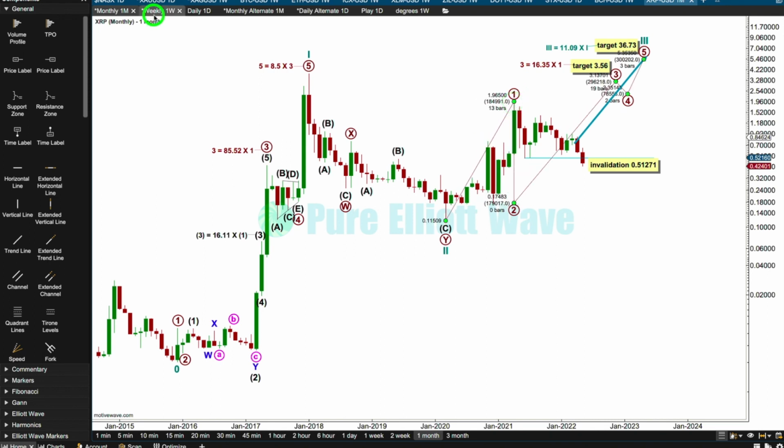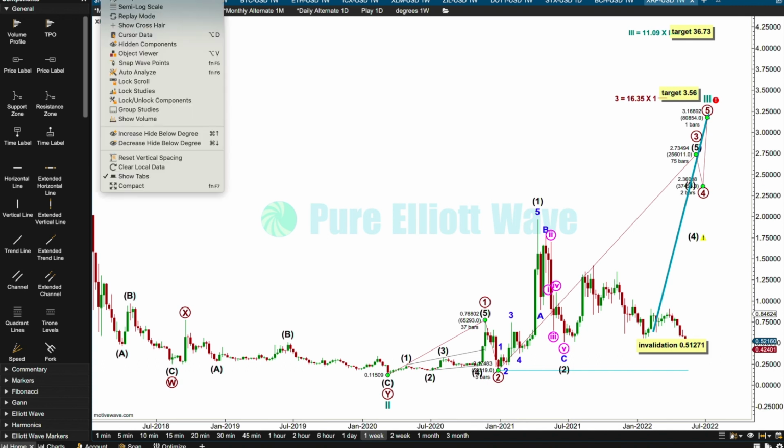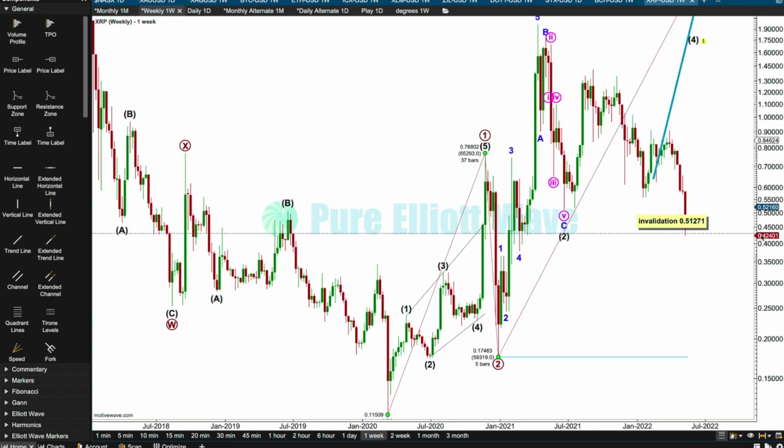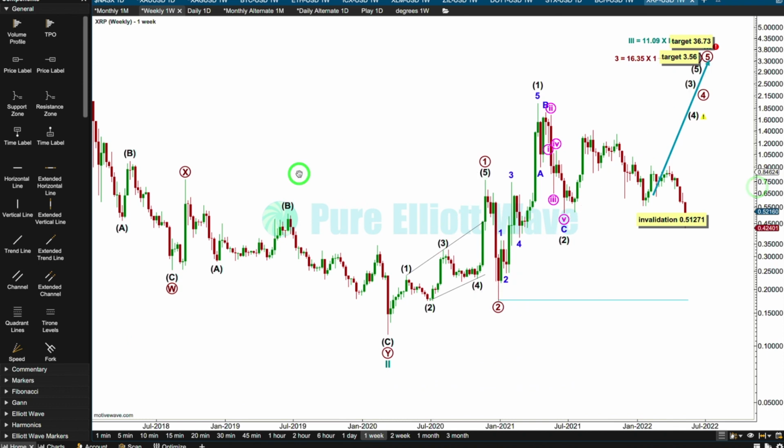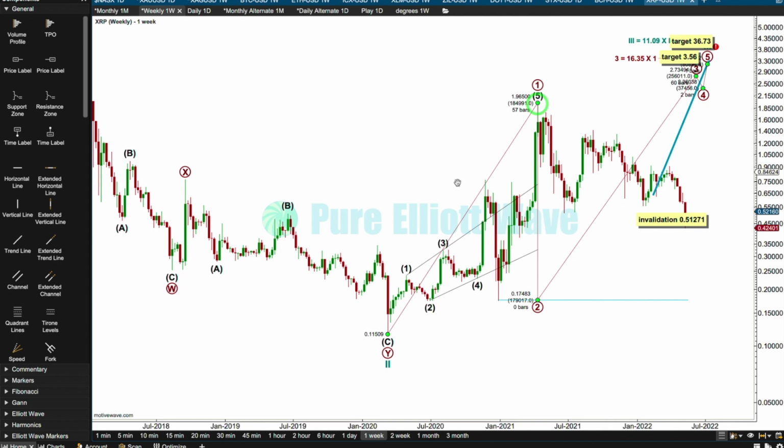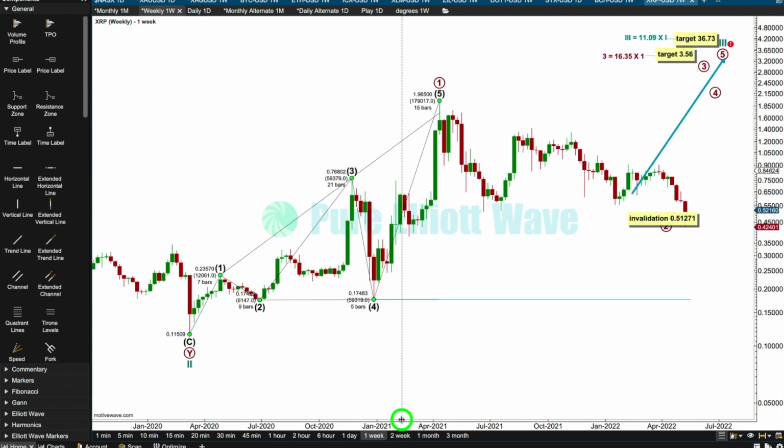What's the problem with that at the weekly chart level? Again, we have to view this on a semi-log scale. Oh, okay, possibly no problem actually. Okay, if primary 1 was a leading diagonal, I'm just checking the wavelengths. Let's expand this out so I can see it: 12061, 59379, 1, yep, 5 is longer